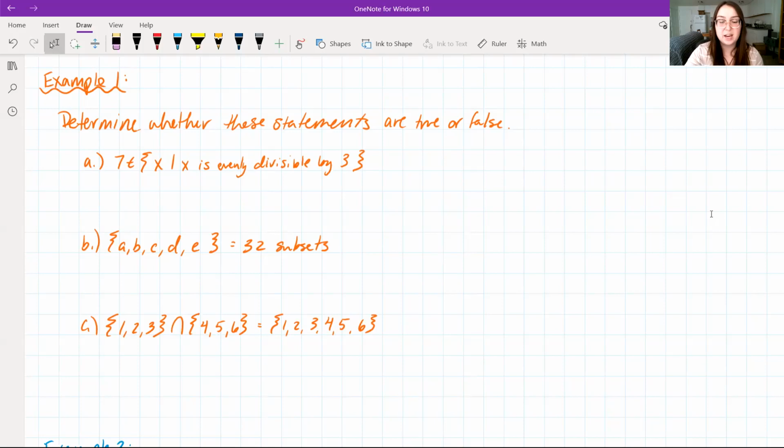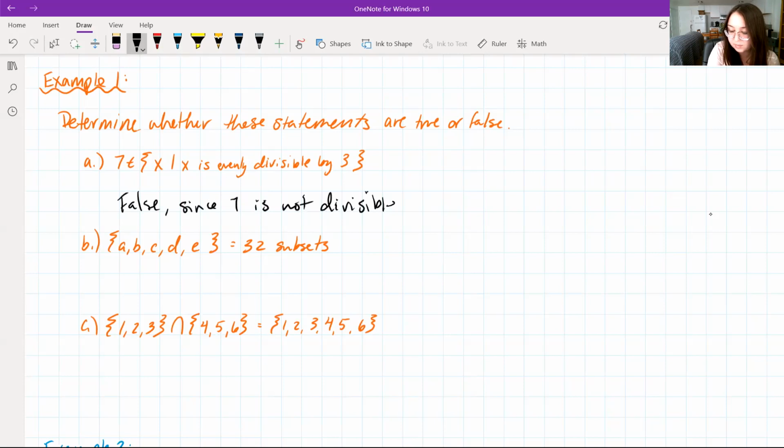So if we're saying that 7 is in this set, then 7 must be divisible by 3 evenly. But we know that 7 is not evenly divisible by 3, so this has to be false. False, since 7 is not